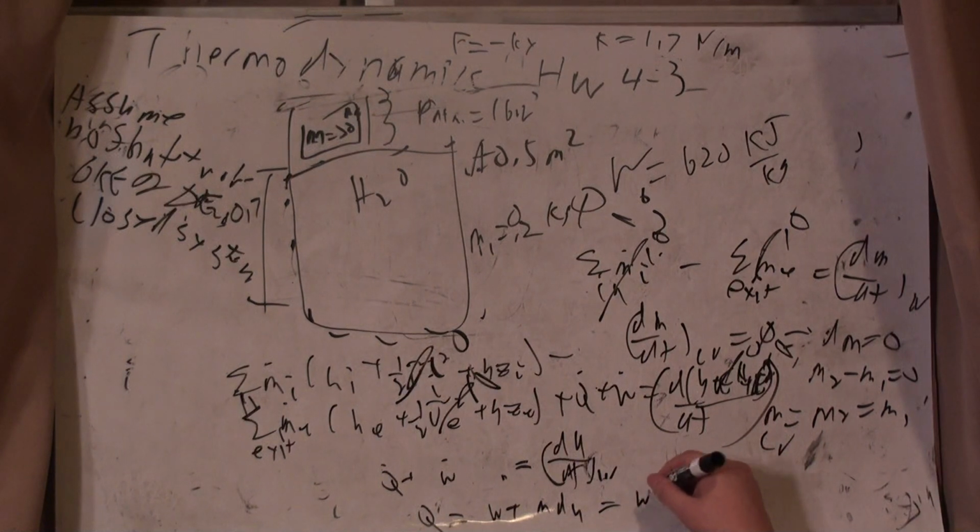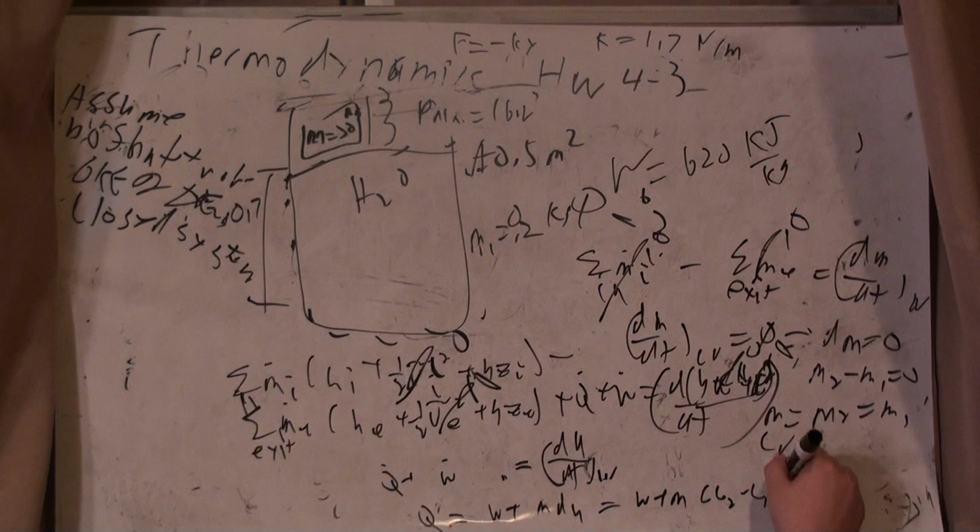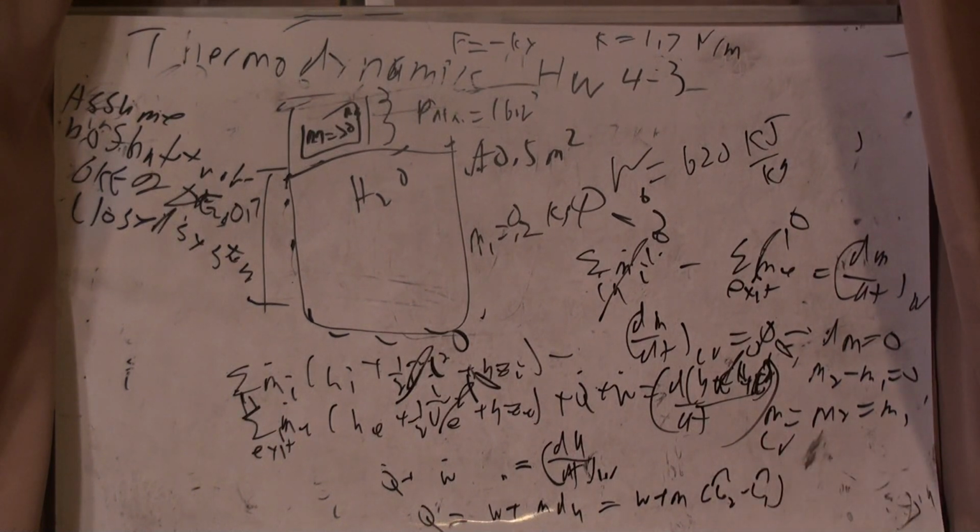So this is going to equal work plus m times u2 minus u1, specific. All right, let's look at this. Well, I know what I start with, and then I know what, okay. So what I don't know